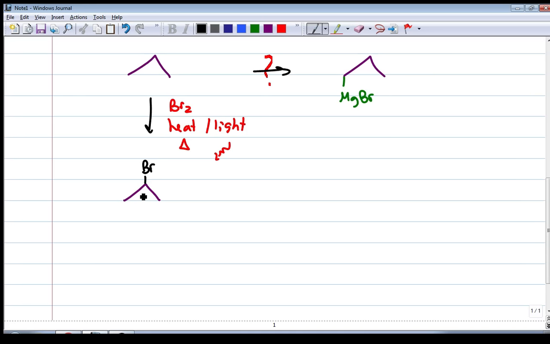How do we move the reactivity? Ideally, I want to get a bromine on the end. I don't know how to just move a bromine, but I do know how to do a reaction that will eliminate that bromine and give me a double bond. So for example, if I use a small base like NaOCH3 and add CH3OH, it's its own conjugate solvent, add some heat to favor elimination,